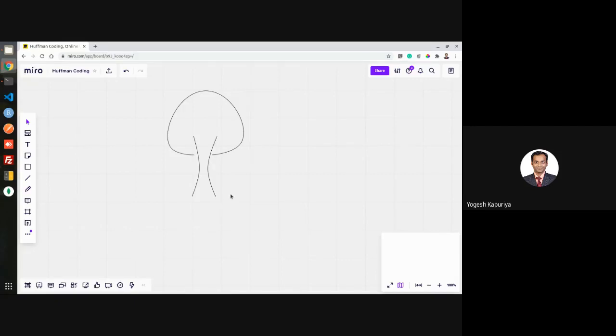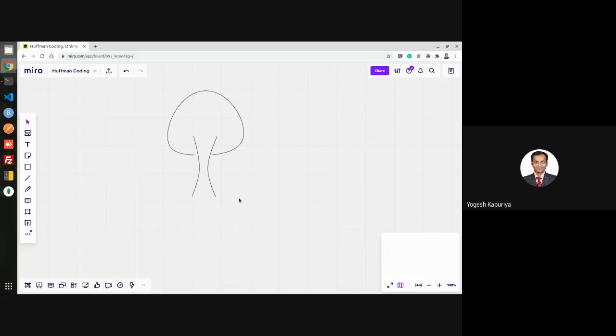In this tree, you must have understood that there are three basic aspects. The one which connects the tree with the soil is called the root. This part is basically the root, from where the entire tree is generated, and at the end, at this place, you have leaves. And in between you have various connections which connect this root with the leaves.